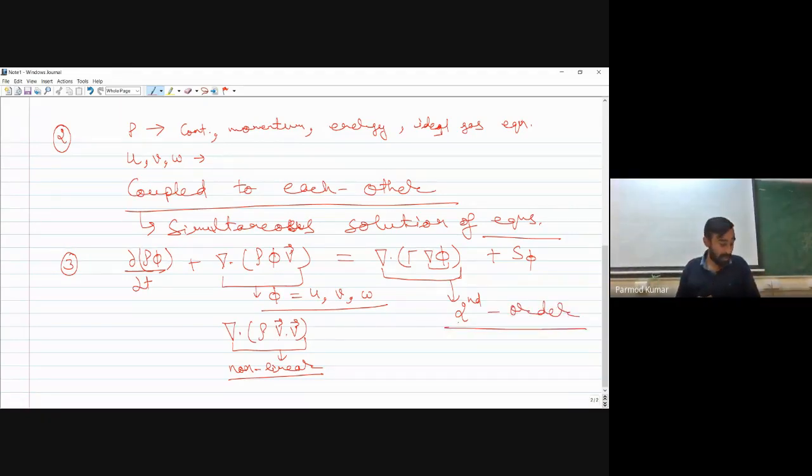Okay, so this is one important consideration mathematically. When we have to find the solution of the equation, when we go for different numerical techniques to determine the solution, these parameters will be very, very important. In our governing equations, the highest order involved is second order, and in this particular equation, our convective term is a non-linear term. So these are some of the comments on our governing equations.